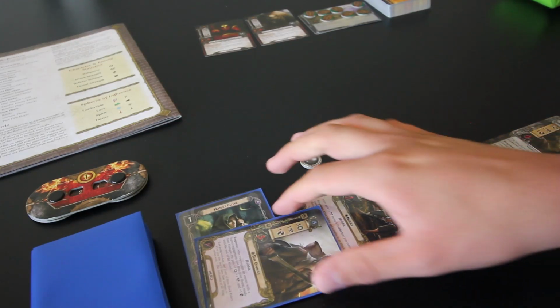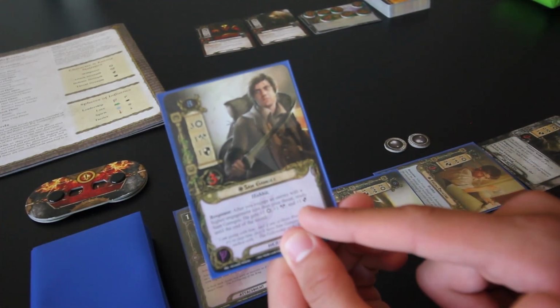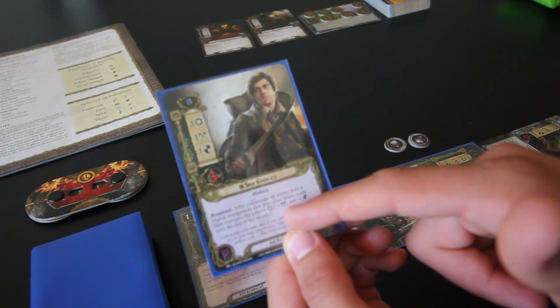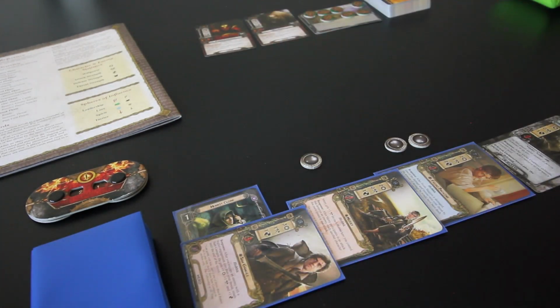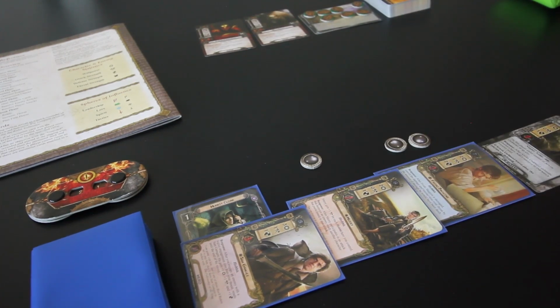Now, Sam does have a special ability that says, after you engage an enemy with higher engagement costs than your threat, ready Sam Gamgee, he gets +1 to willpower, attack, and defense until the end of the round. So he would be able to ready and then either attack or defend against that enemy. But I don't think I want to engage any enemies right now, so we'll move on to the next step,